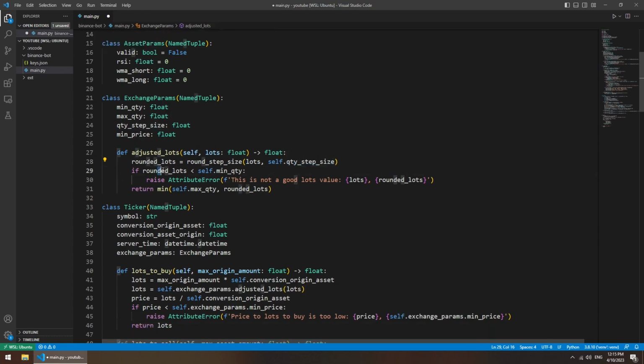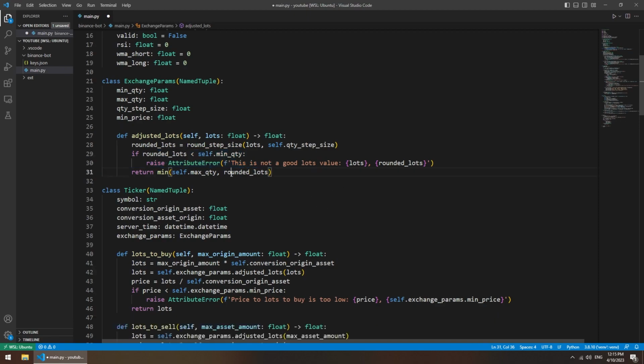And then if this is not a good amount of lots, since it's less than the minimum quantity, we raise an attribute error, and afterwards we return the minimum between the maximum quantity and the rounded lots, since if the rounded lots value is greater than the maximum quantity, we cannot trade this much